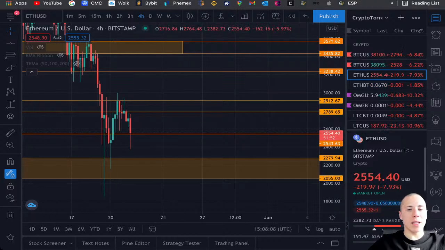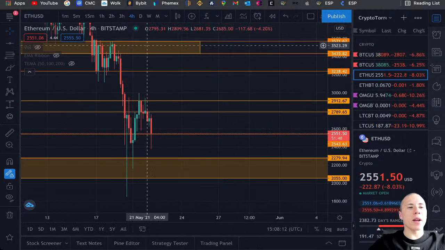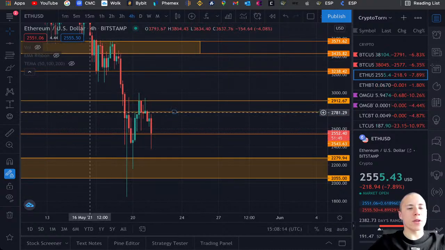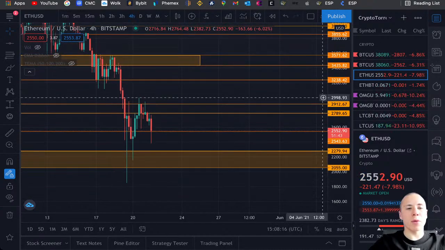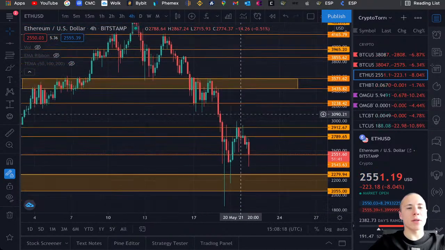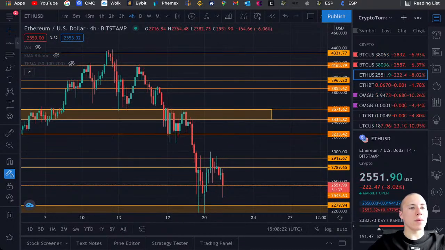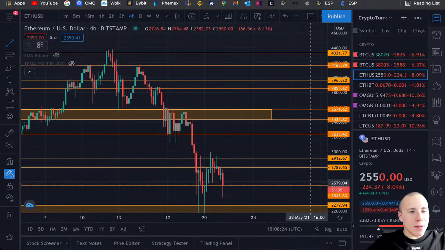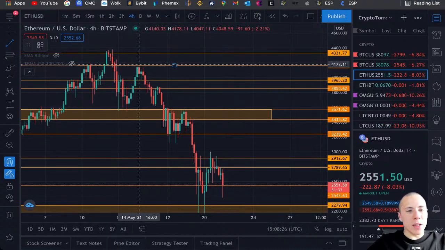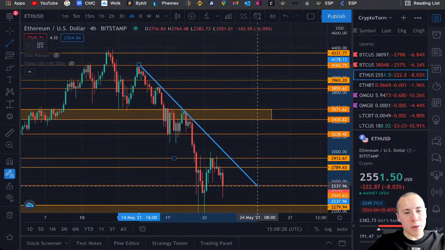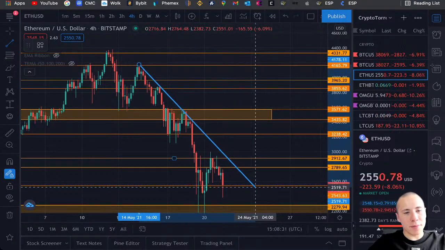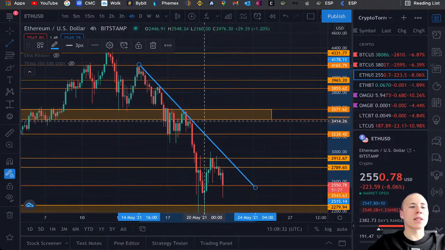And what we're seeing right over here on the screen is the Ethereum compared to the US dollar chart. What I wanted to show you is that right now on the 4-hourly time frame, we are still acknowledging this downtrend on Ethereum. And of course, what I'm personally looking for is for Ethereum to get above this downward sloping resistance line